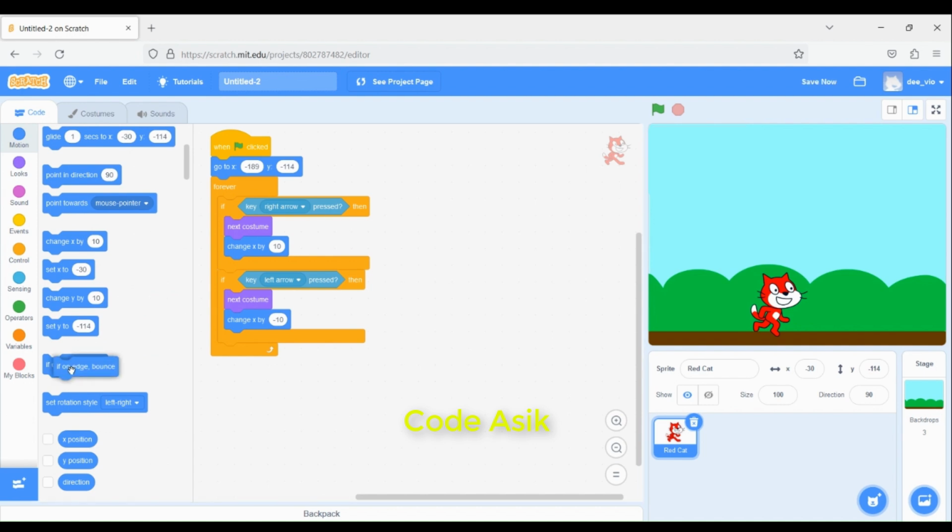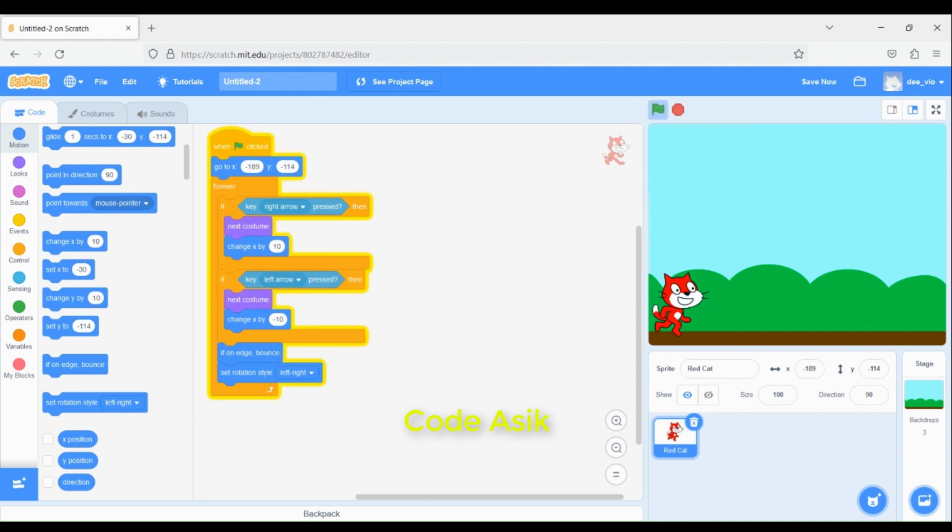Add if on edge, bounce, then set the rotation style left to right. It turns the cat into the correct position now. Let's execute it. Nice! Well done!